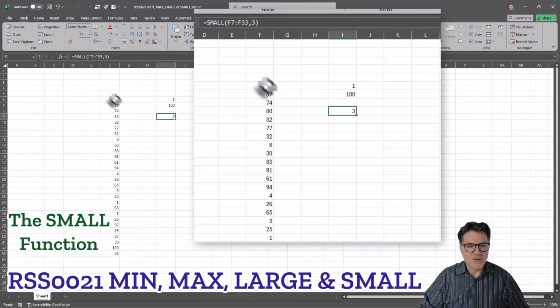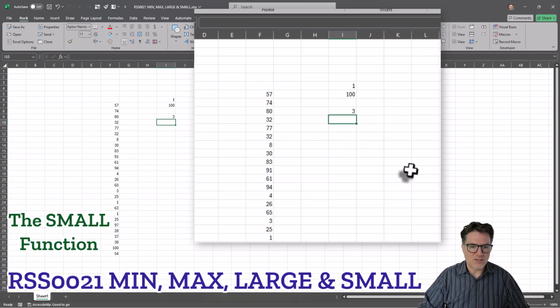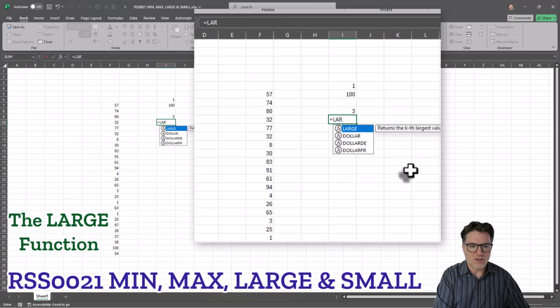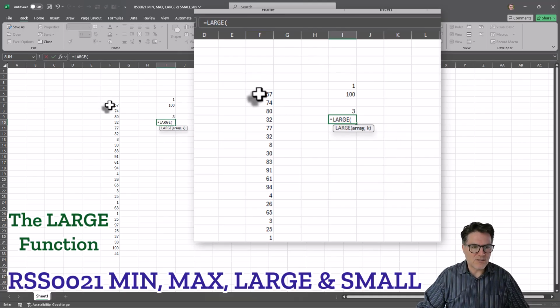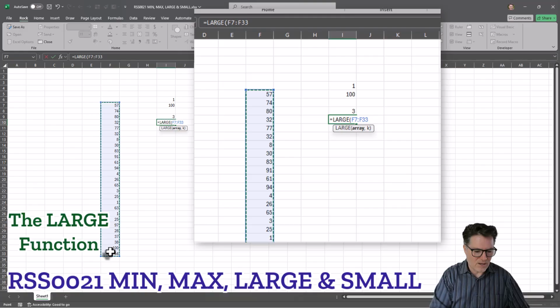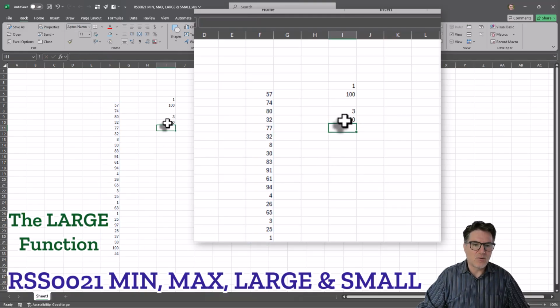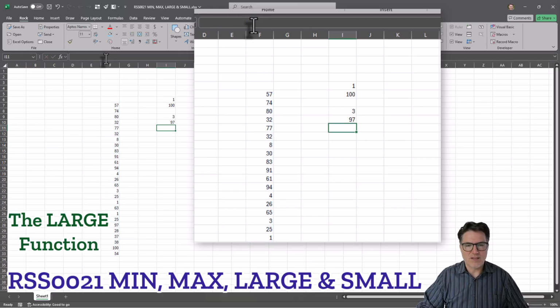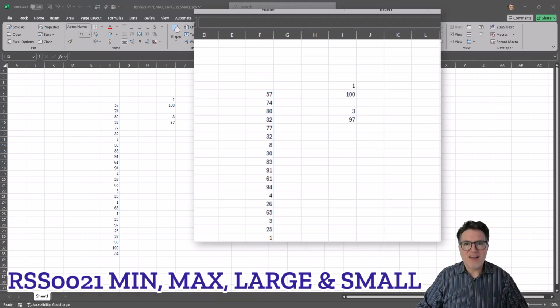Okay, so this is how the SMALL function works, and LARGE, of course, is just like it, but looking for the largest. So I'll choose this, and if we say 1, it's going to be 100, and it is. We can look to see what the second largest is, and that's 97. So that's how the functions for MIN, MAX, LARGE, and